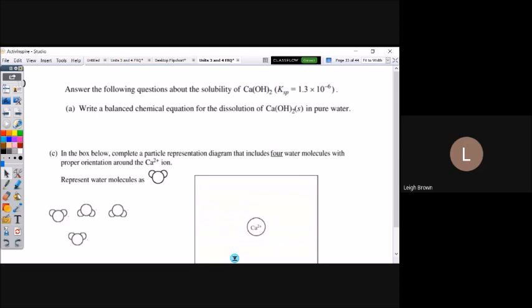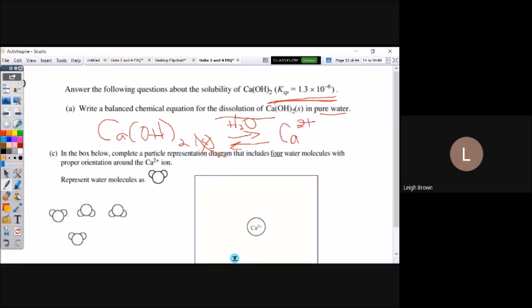Now, when you see the word dissolution, just think it's just what it sounds like, dissolving. So here's what we need to do. We have calcium hydroxide, and again, this will be mentioned later on with KSP, but this is not a reaction with water, okay? We're literally taking this solid and putting it in water. And on the AP exam, you're not expected to have to write state, so you don't even have to worry about writing the solid. If you really want to write water, you could put it over the arrows. It's not even necessary. Notice I even realized I needed equilibrium arrows. If you didn't write those, it wouldn't even matter. Here's what we're looking for.